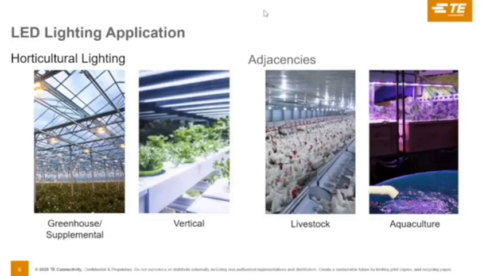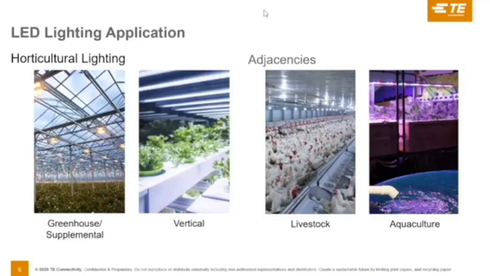They have found that the impact of LED lighting in these applications allows not only the crops to grow faster and in a more controlled environment, but also has the same effect in livestock and aquaculture as well. So these types of applications are generating considerable interest in LED lighting and in applications where humidity and wet rated